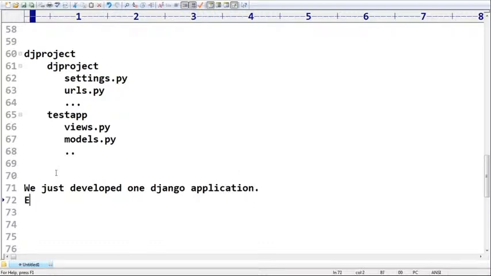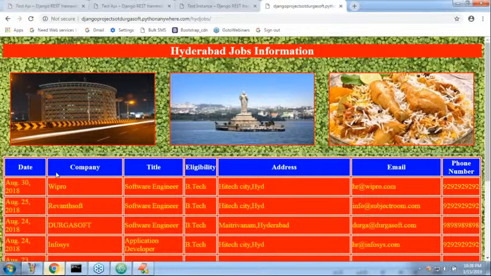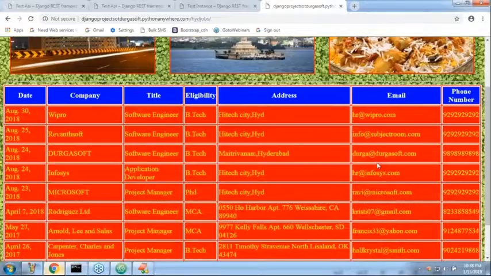End users can happily use our application. Correct or not? If any user sends a request, is the jobs information displayed or not? Yes, no problem at all. Now,